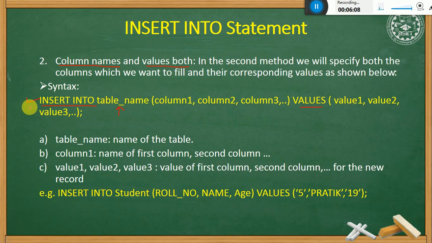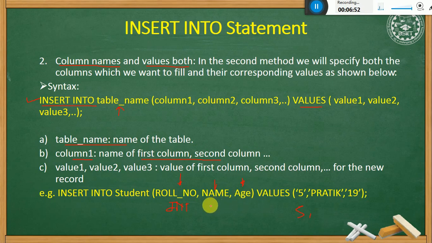So this is the second method through which we can insert values into the columns of the table. So we can insert a record. The table name is as you have created, columns as you have created in the create table, and values. For example, we can insert student information having 3 columns: roll number, name and age. So we can insert like this. Insert into student, that is the table, roll number, name, age, values in brackets. If it is an integer, there is no need for single inverted commas. So 5,